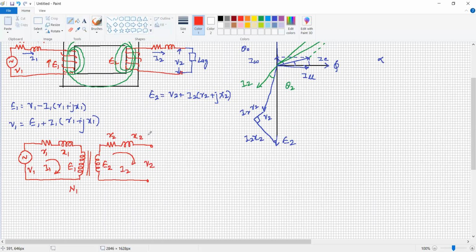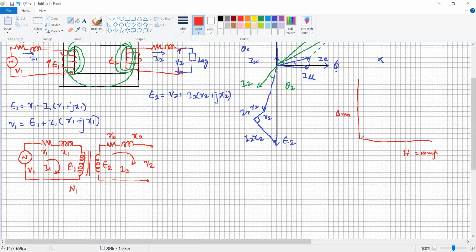Iron has two types of losses. One is the hysteresis loss, the second is the eddy current loss. Eddy current loss is reduced by using a laminated core, whereas hysteresis loss can be reduced by using a proper grade of high permeability magnetic material. Even so, there is some hysteresis and eddy current loss. What is the hysteresis effect? It is simple to consider by a BH curve. In the BH curve, this is the magnetic field strength H, represented by mmf per meter, and this is the maximum flux density.